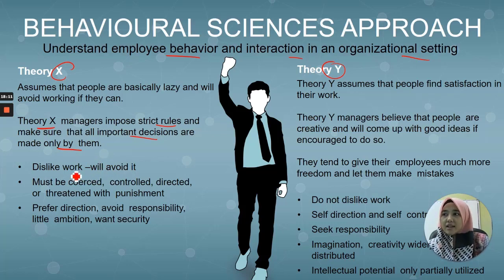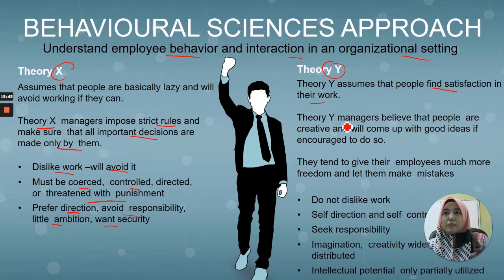Okay. Theory X workers, they dislike work, they will avoid it, and must be coerced and controlled, kena ada arahan, kita kena kawal mereka. Kadang-kadang sometimes kita kena ugut mereka. Kalau awak tak buat, saya turunkan gaji. Contohnya macam tu, right? And these workers prefer direction, they avoid responsibility, have little ambition, and they want security. Jadi setengah pekerja dia akan tengoklah. Dia akan tengok behavior pekerja dia, bagaimana mereka ini bekerja.